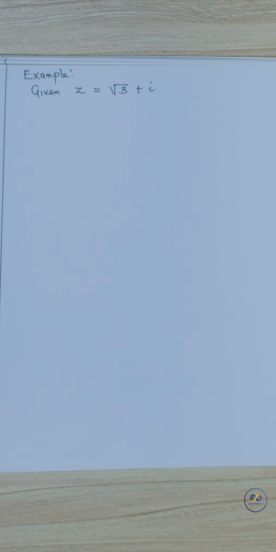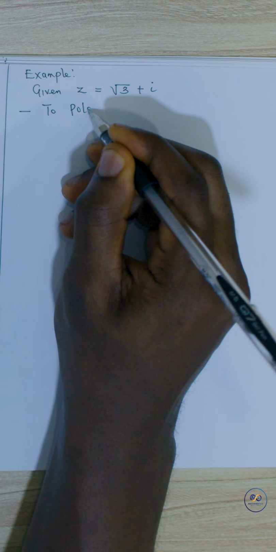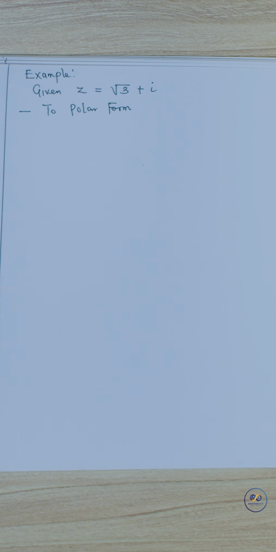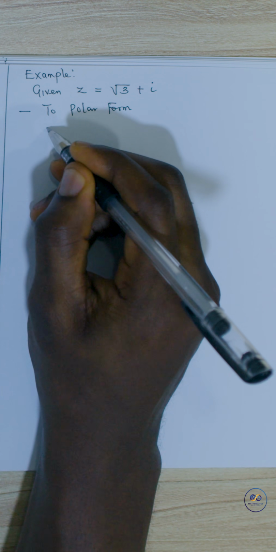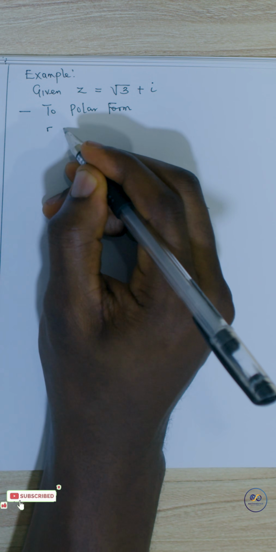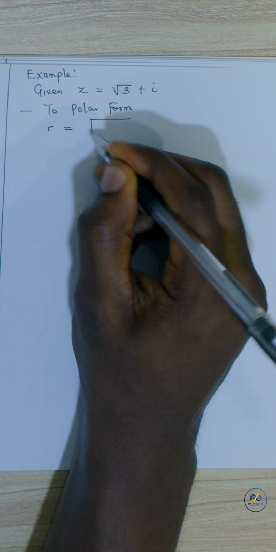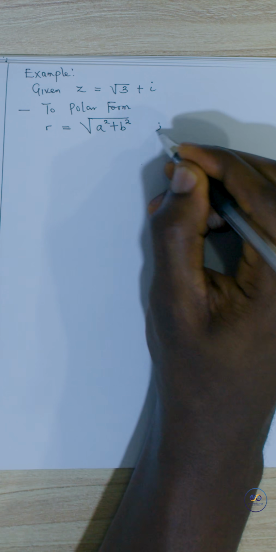Now, in this case, let us first convert to polar form, and then after that, we will convert to exponential form. So to polar form or to exponential form, remember, the most important thing we need first is the modulus as well as the argument. Now, don't forget that the modulus is the square root of a squared plus b squared, and then the argument